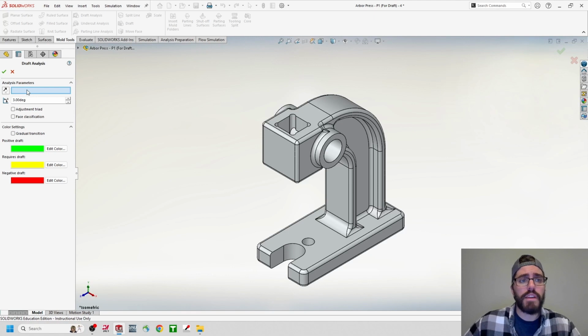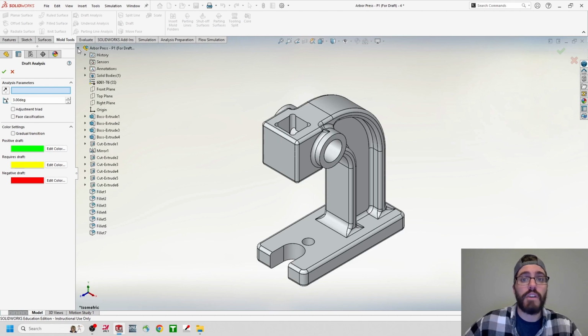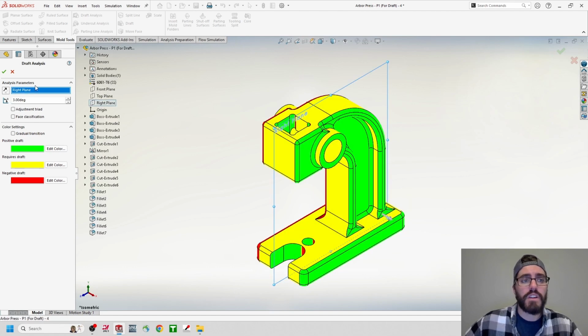Now, I can't see my right plane or my entire feature tree for that matter because it's currently being hidden by this Draft Analysis properties bar. So if I want to locate that, I'm just going to move out here to my viewport, and in the top left of the window I can see the name of my part or the component that I'm working on. There should be a little black arrow, we'll hit that, and that's going to drop down our entire feature tree. So we're just going to locate the right plane here, and we're going to set that for that direction of pull. And you can start to see some feedback here in our viewport